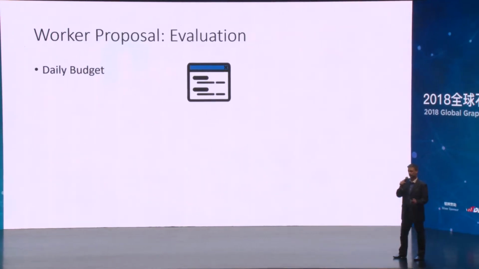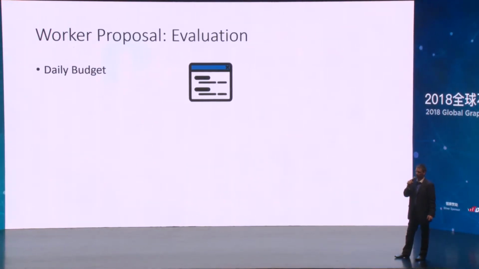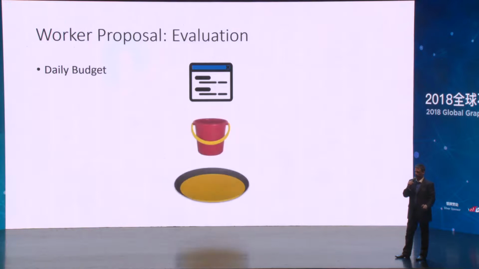So there are, I think, 5 different parts to this. So we talked about this idea of a daily budget. What this means is that each day there's a blockchain parameter that is set that determines how much all of the worker proposals can fund. And what that looks like here is that we have our red bucket, which is our worker method for taking coins out of the reserve pool, right? And you can set this daily budget to be an arbitrary number.